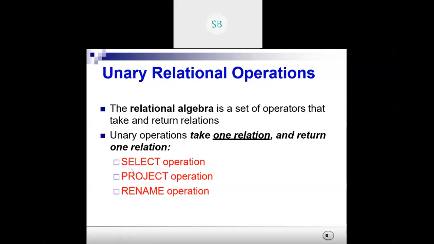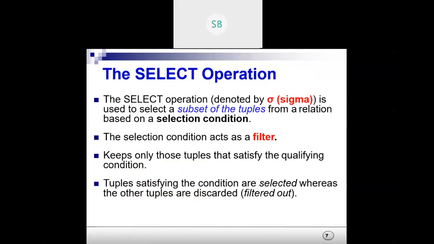Just remember, we represent the select operation using sigma. What is the purpose of the select operation? The select operation is used to select a set of tuples, that means a set of rows, from a relation based on a selection condition. Basically this is used as a filtering condition.